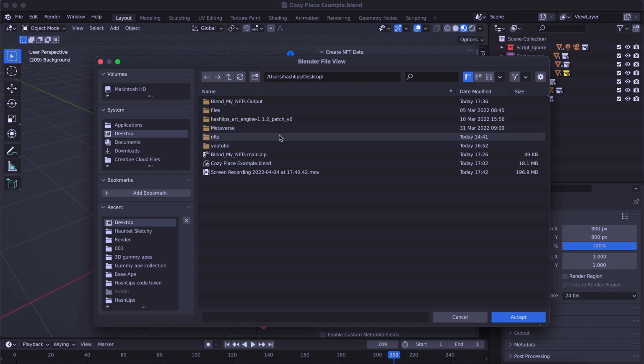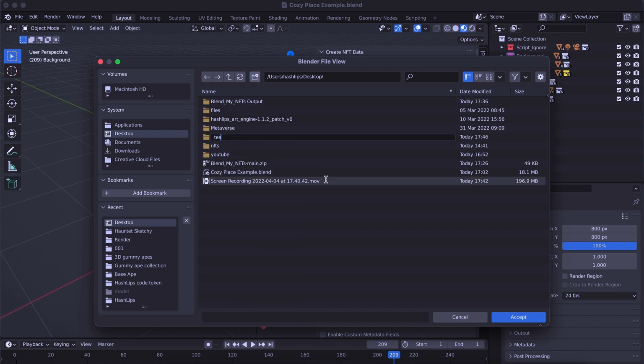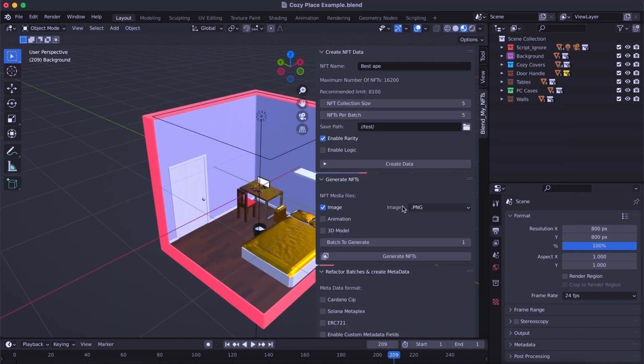So I already have this with the recording there. I'm just going to leave it like that. Let's create maybe a file, and I'm just going to call this the test file to put this in. So now that I have set my saving path, where it's going to save the NFTs to,